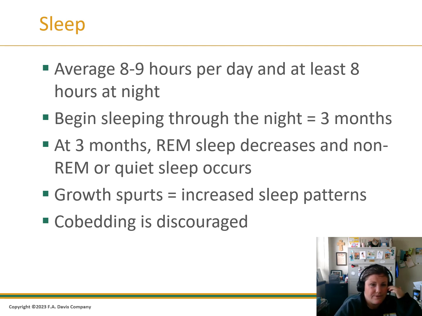Let's talk about sleep for a minute. So babies' sleep patterns, this is going to vary by child, but on average, a baby needs to sleep at least 8 to 9 hours during the day and at least 8 hours at night. Once babies get to be about 3 months old, they usually can start sleeping through the night. Infants 4 to 12 months should sleep approximately 12 to 16 hours per 24 hours, and that includes their naps